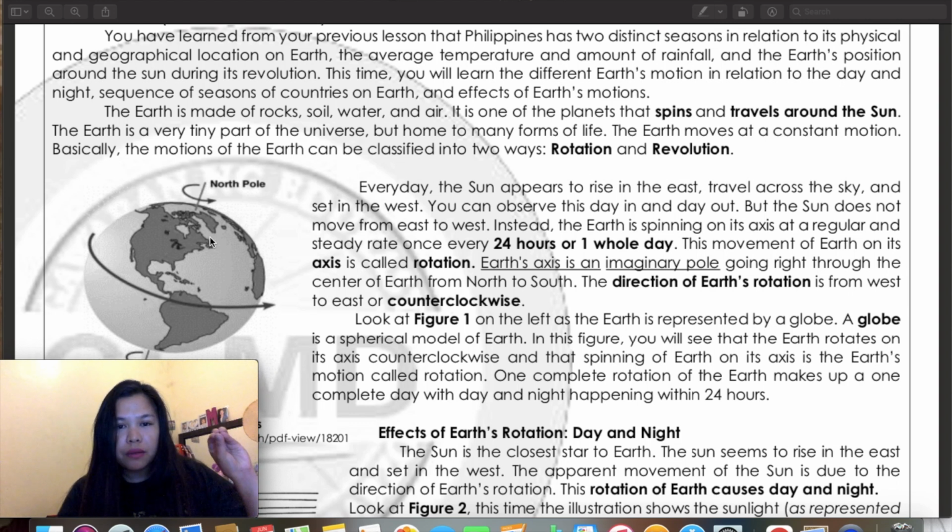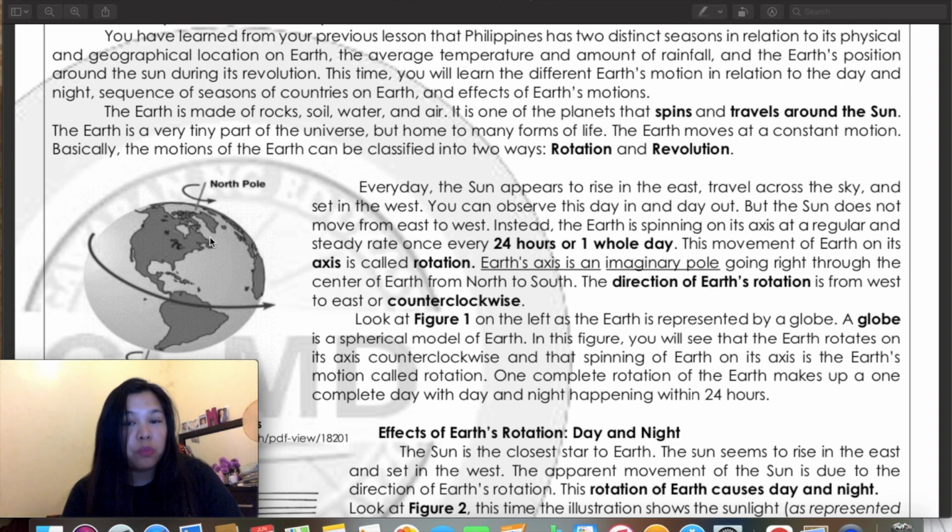So, sa AP nyo naman, napag-aralan nyo naman yan kung saan tayo na-locate, and the average temperature and amount of rainfall and the Earth's position around the Sun during its revolution. So, most of the time, yung temperature natin is warm. In this lesson, you will learn the different Earth's motion in relation to the day and night, the sequence of seasons of the countries on Earth and